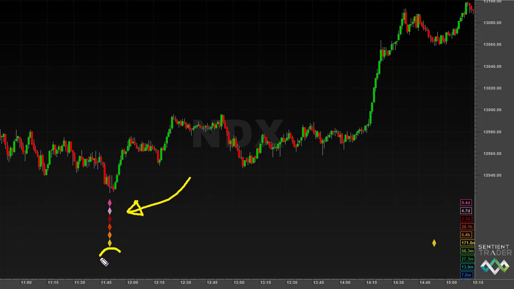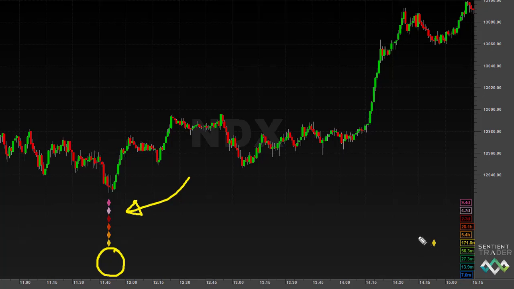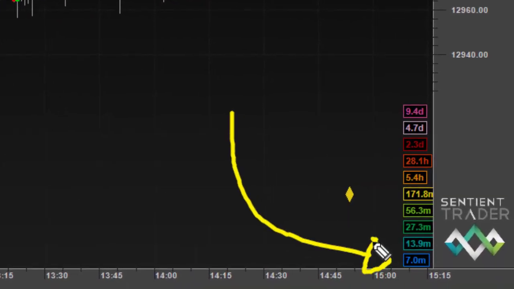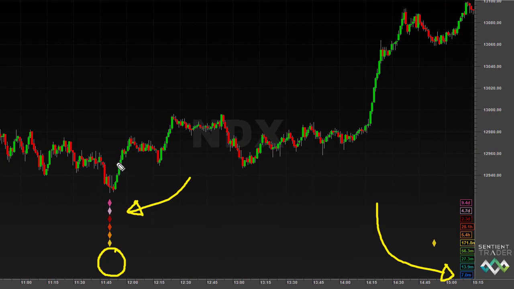It's also not showing any of the shorter cycles at this point because of the fact that it is limiting the number of waves back that it is using for the analysis. That's a little technical, I won't dwell on that now. But the point here is that the shortest cycle that we have in our chart is a 7-minute cycle. So if we were looking at a 7-minute cycle FLD, that FLD would have been crossed somewhere round about over here. And I ask you, at that point, would you have been confident that the 80-day cycle trough was therefore confirmed in the market? The answer is clearly no.